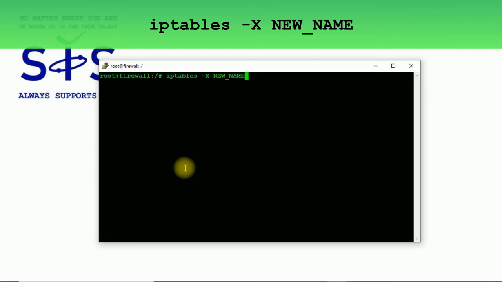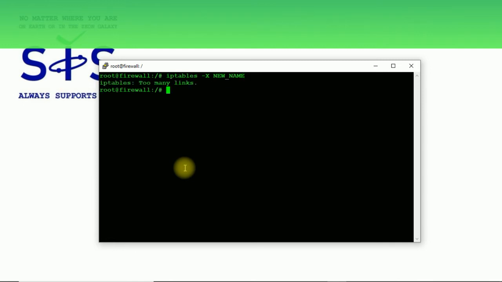After hitting enter, like you see, nothing's going to happen because we've got too many links. So before we can delete this chain, we must delete the links, so our rules that are sending traffic to that specified chain.